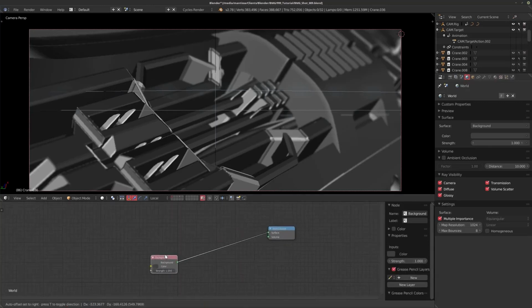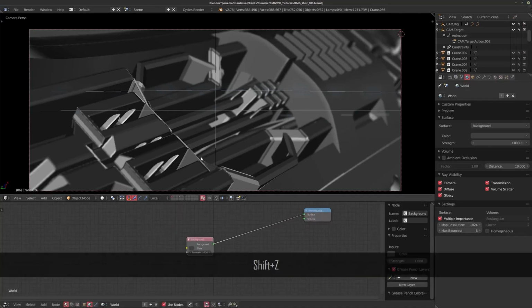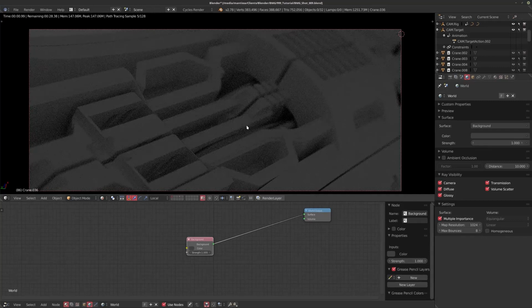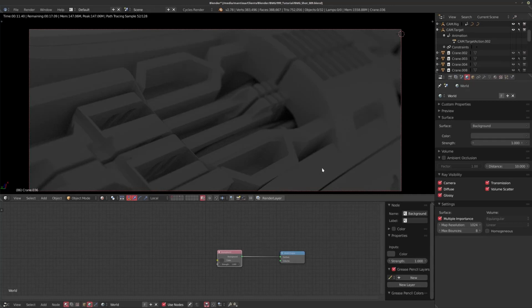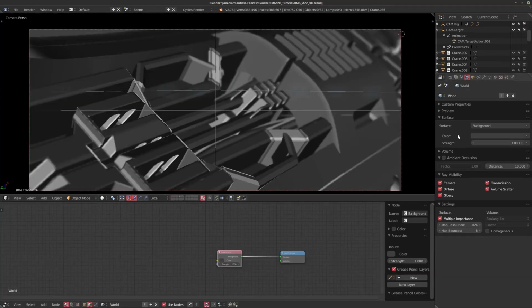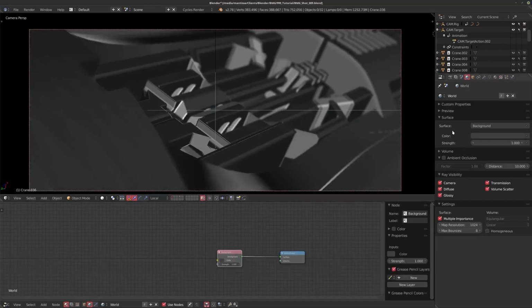There we go. So what do we have now when we start rendering? We just have the usual gray standard Blender background. So the first thing I do when I start look development is start messing around with lighting, and especially with HDRs. So what I'm going to do now is use the Blender Cloud add-on to pull a HDR from the cloud. Now it doesn't matter what you use.